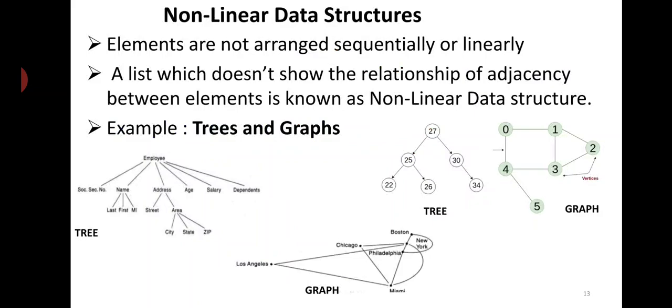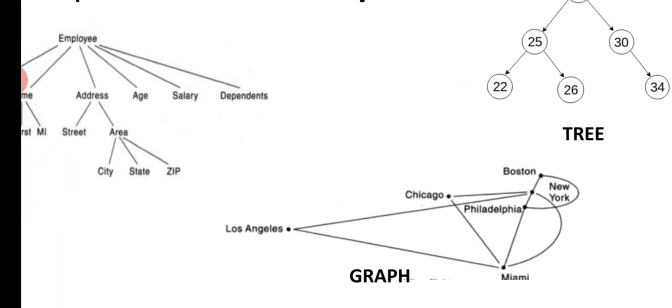We use trees to represent hierarchical relationship. See, this is an example where we represent the information using a non-linear structure, that is a tree like this. Elements are shown, and graph like this. So trees and graph are the examples of non-linear data structures. We use tree to represent hierarchical relationship.